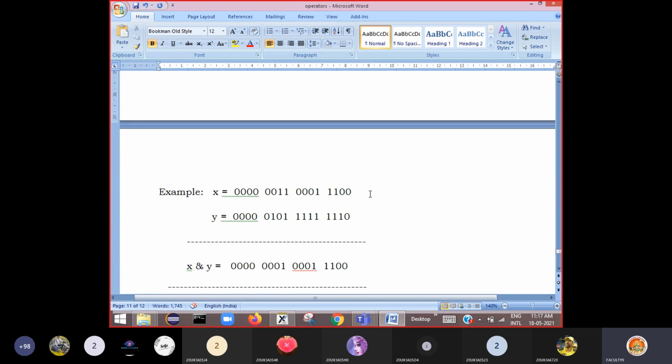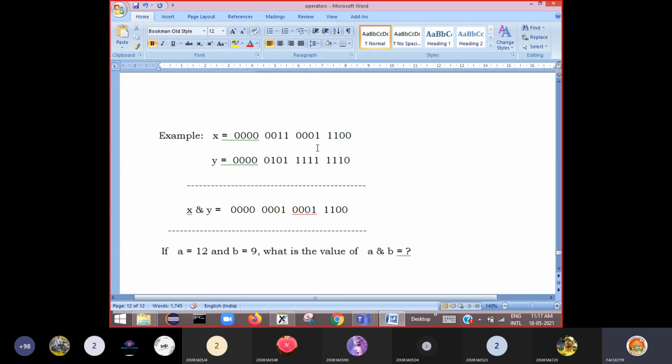Okay, right? So, for example, I have X in binary form and Y in binary, a 16-bit representation I am using here. So if I perform X OR Y on this, what is the result I will get here? Since all are zeros here, 4 zeros, you will get the result as 4 zeros here. Then coming to the next, 0 or 0, just see here. This 0 or 0 is 0 here.